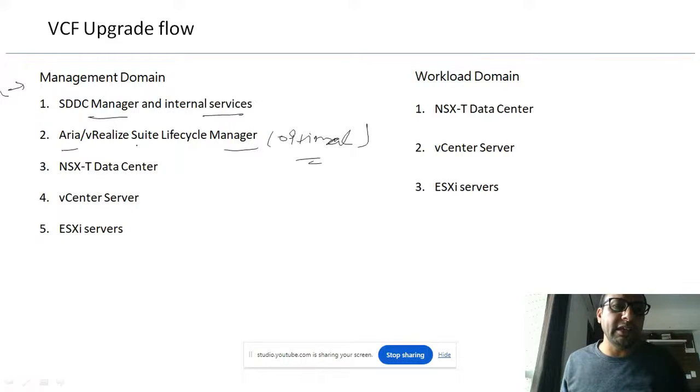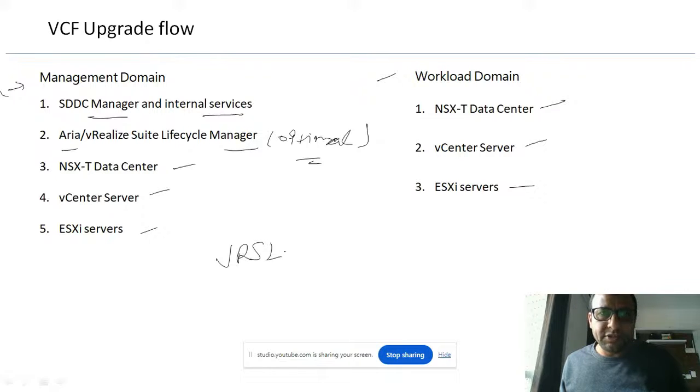Okay, it matters whether it has already been deployed in your environment. Then NSX, then vCenter, then ESXi. When it comes to a workload domain, first you will upgrade NSX, then vCenter, then ESXi. So with the VRLCM, if you have deployed the rest, after upgrading the vRealize Suite Lifecycle Manager, or I will refer to it as ARIA Suite Lifecycle Manager,